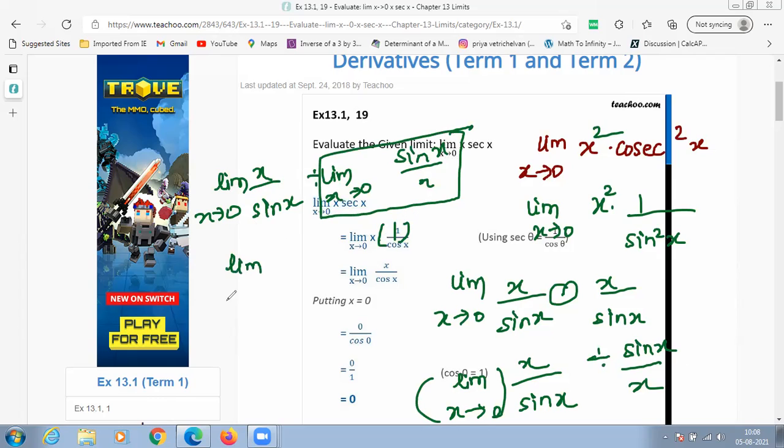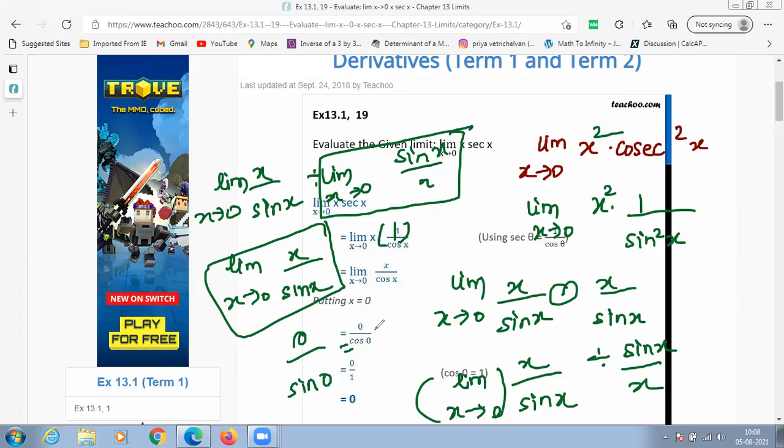And here you do have limit x approaches 0, x divided by sine x. Only this thing you do have, right? And this can be changed by multiplying and dividing by x. I think either way you'll be getting 0 only. You just simply substitute 0 now. It will become 0 upon sine 0, which is in the form of 0 by 0. So you'll be proceeding further. Just a second, I think I am wrong.